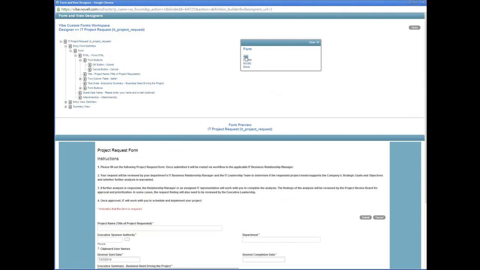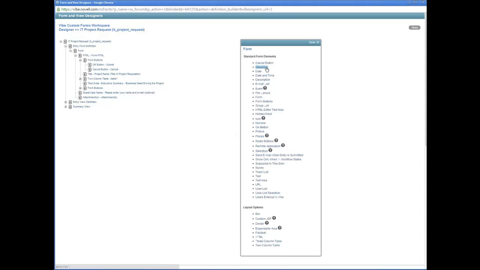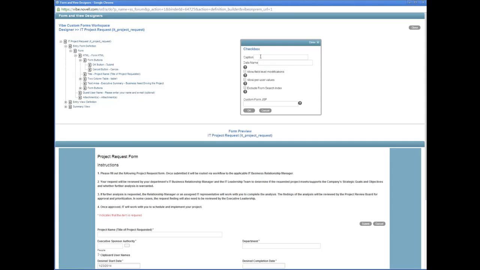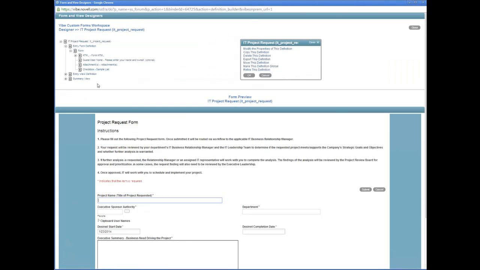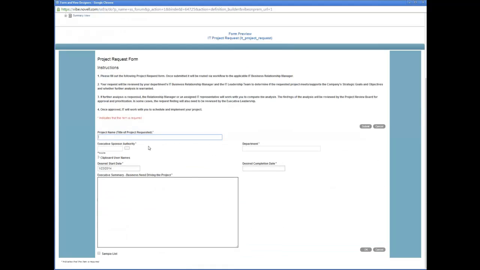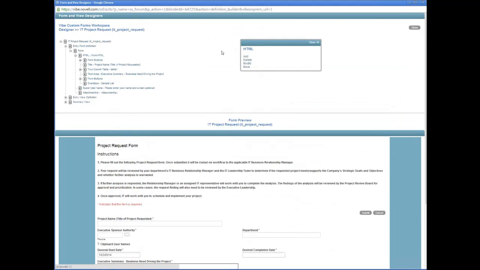Some of the other form elements that you might decide to use, checkboxes, allow you to make a list of items, and users can check which ones they want. A lot of times what you'll need to do between checkboxes is create another HTML break element so that they're not close together. Let me show you kind of what I mean by that. So here I have this checkbox here. I'm going to move it into the HTML. Now if I create another one right below it,